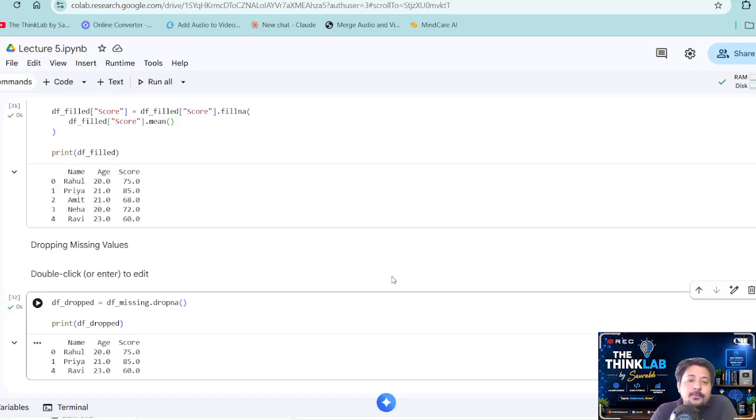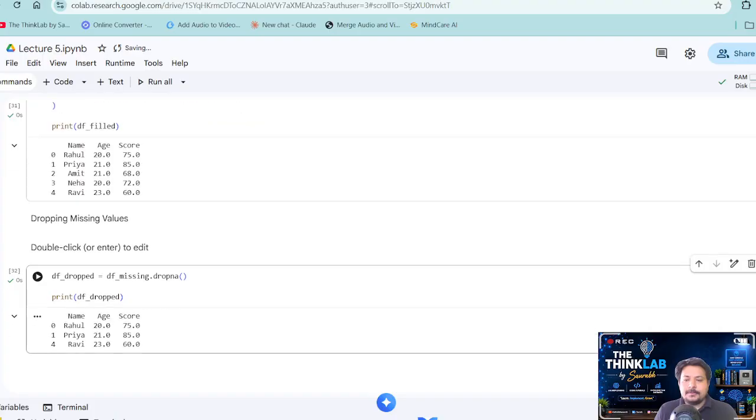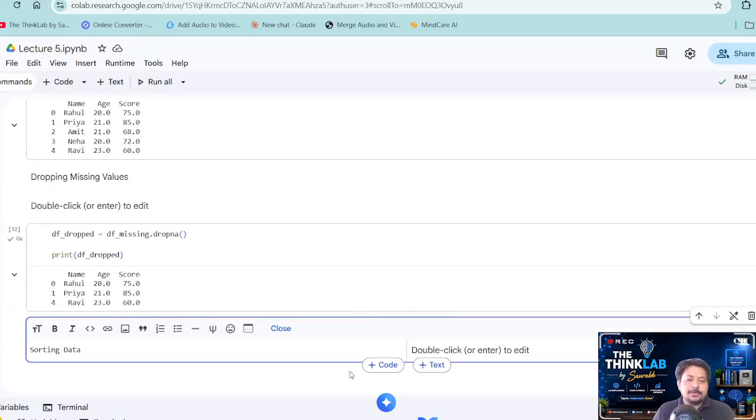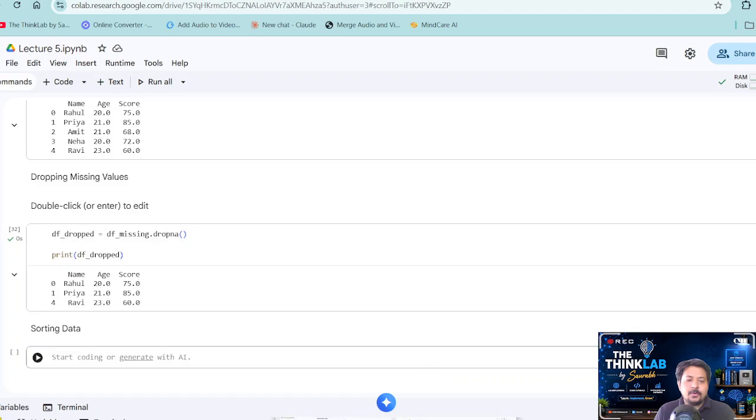So drop row can result in losing a large amount of useful information, right? After that, how can we sort the data? For sorting the data, we have a function named sort_values. This is one important function, so we will also learn this. All these functions will be used later in our machine learning code, right? When you build a machine learning pipeline, every function of this